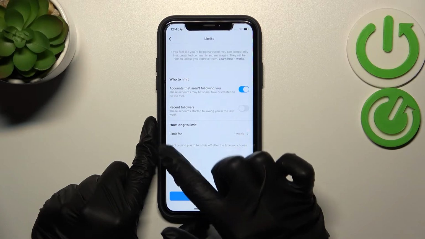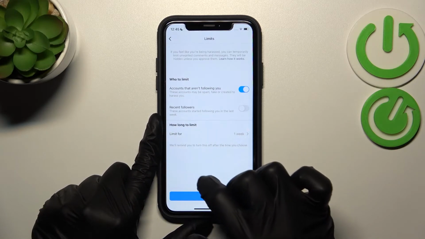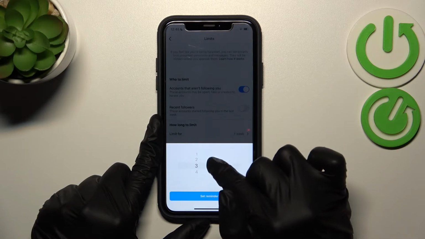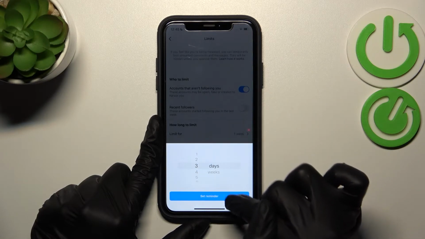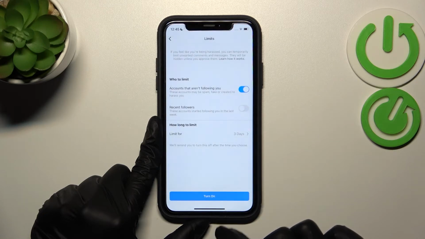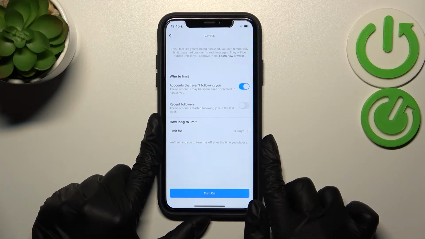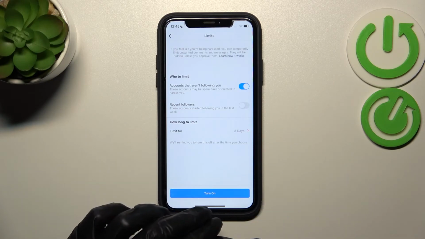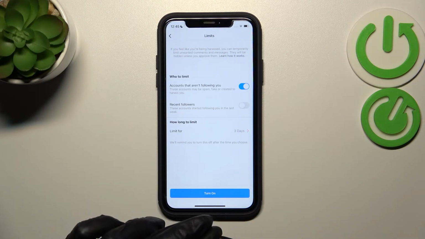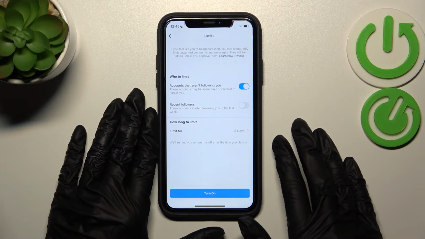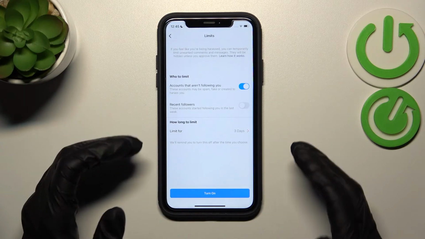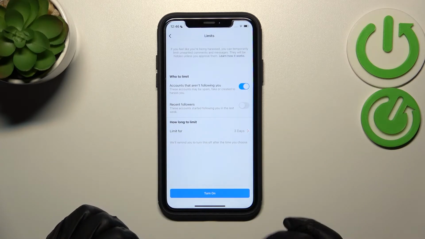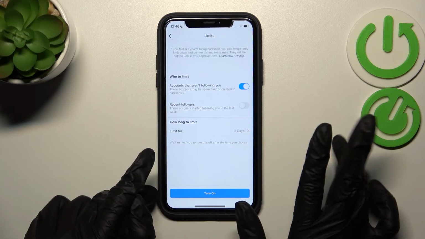Later I can set the time for this limit. As an example, I want to choose, I don't know, 3 days only, and let's set the reminder. Right now this is a really cool option if you are not sure that these accounts are your friends and want to add some good comments for you. If you want to limit such contacts, it is really very convenient and a good way. We have just 3 days for this